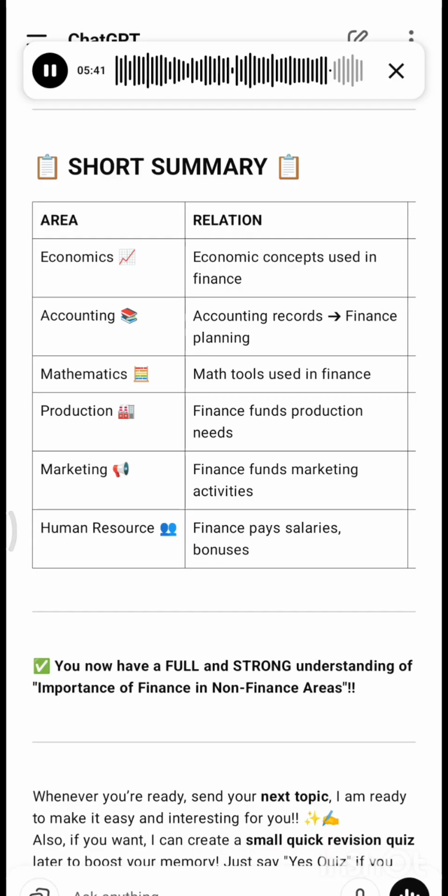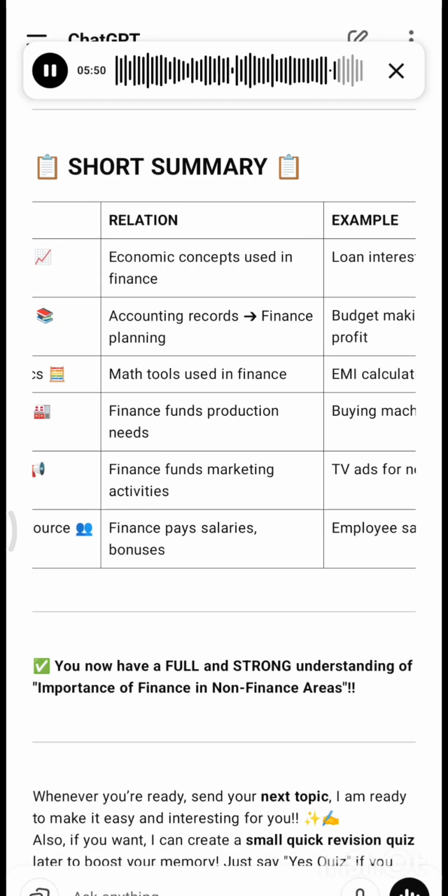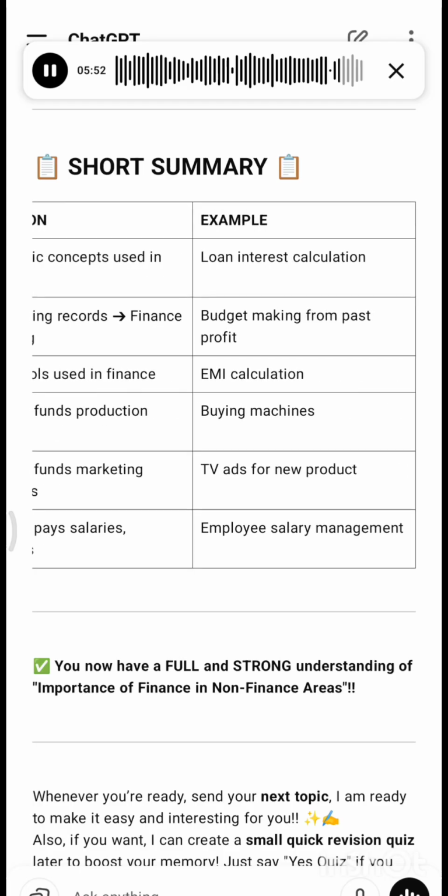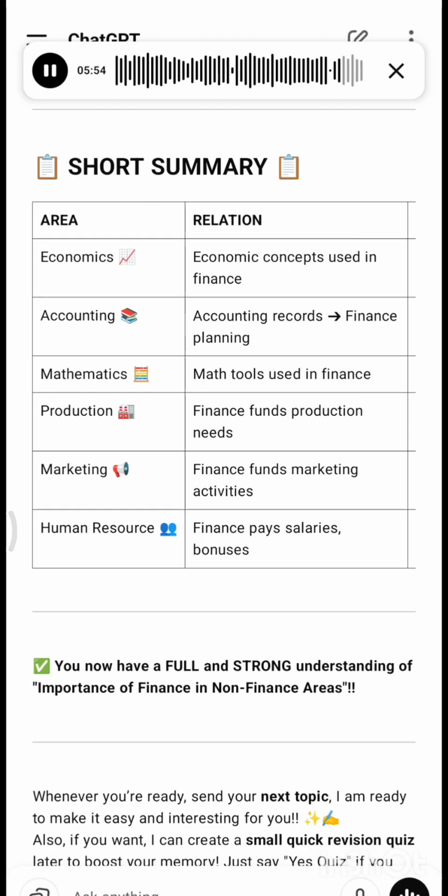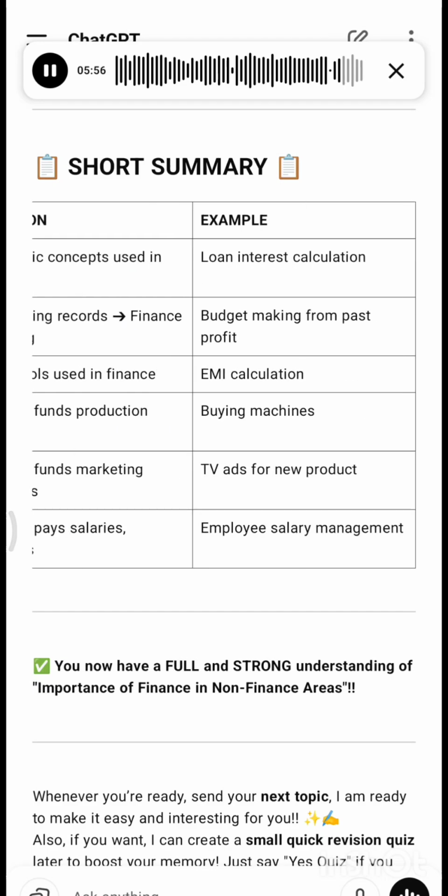Economics: economic concepts used in finance, such as loan interest calculation. Accounting: accounting records, finance planning, budget making from past profit. Mathematics: tools used in finance, like EMI calculation. Production: